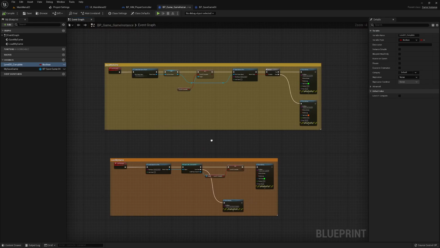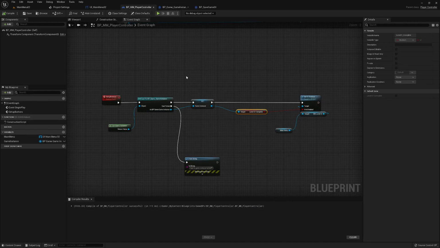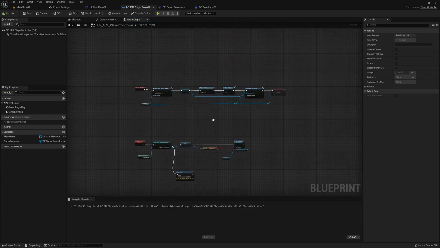So what I want to do first up is just to test this. Just to make sure everything's going through and is working. So how do we do that? Well, I think we can just come into the player controller and